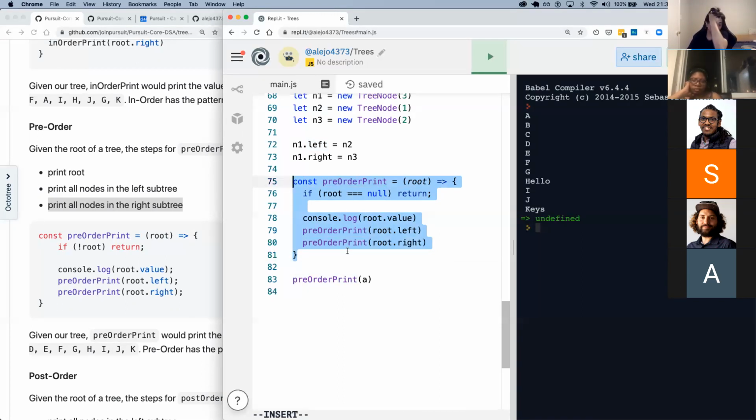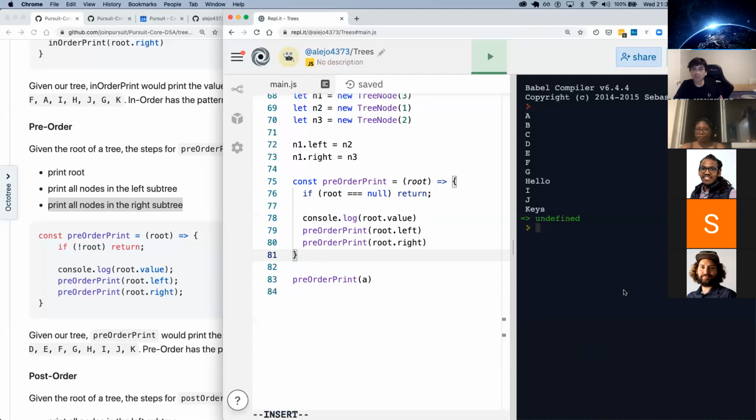Any questions regarding this that you may have? Can I have a thumbs up if you feel like you understand how the recursion is working here?